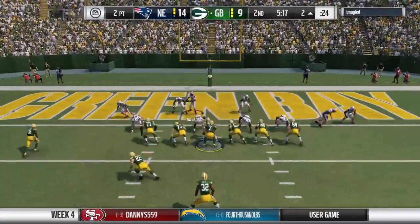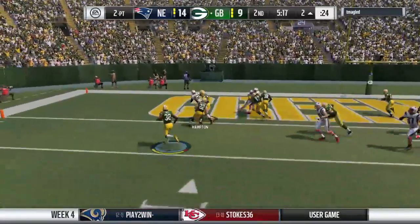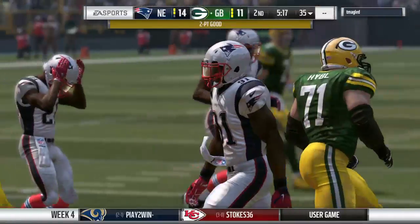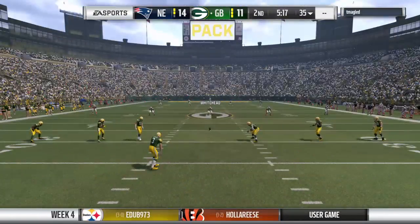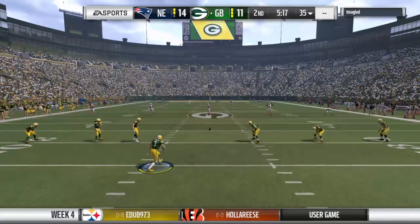Check, Patriot, here we go. They'll run it with Hill. And he will dive into the end zone, and the 2-point conversion is successful. They get the conversion, and Charles, when you only have 2 yards to go, what do you think of the